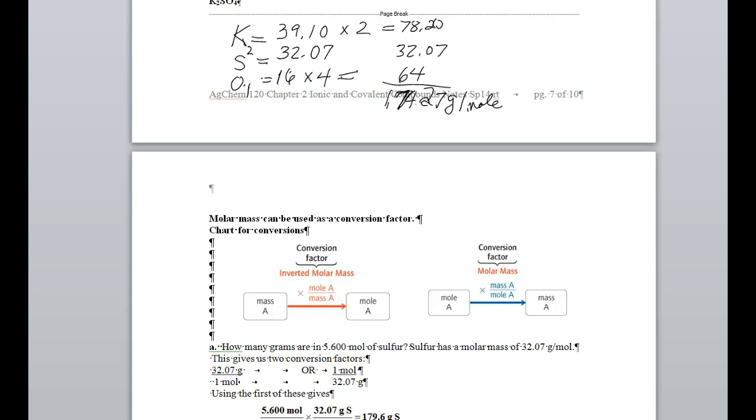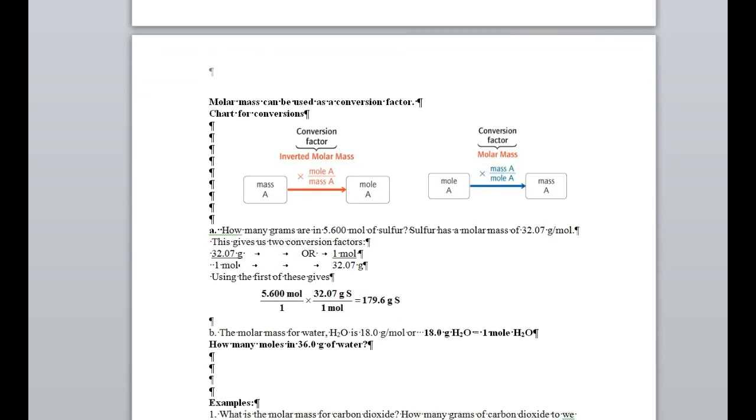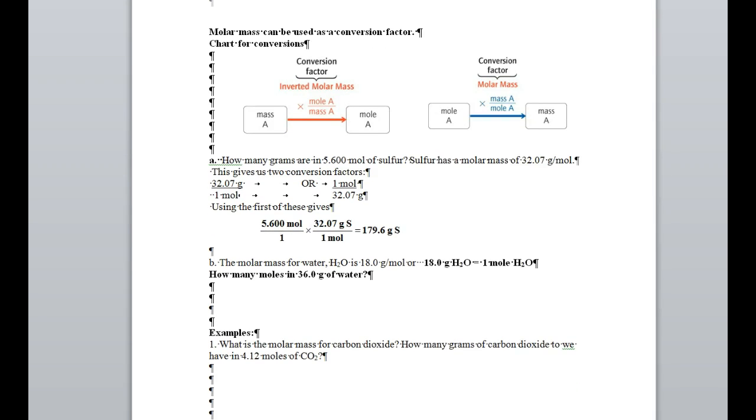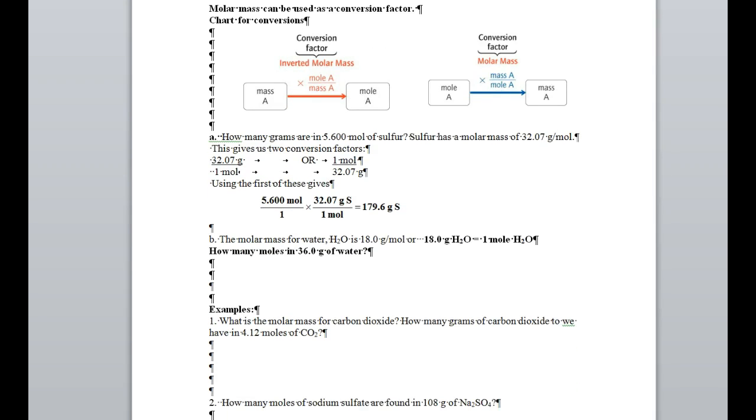Okay, we're going on to the next page. This is the last calculations we're going to do for today. So now that we know how to figure out the molar mass, I'll turn the lights out for a little bit. Now we can figure out what percent of a compound one element is, or we can figure out what percentage of a mole we have. If we're given weight in grams, we can figure out how much of a mole that is. So if we look at this first example that they have right here,